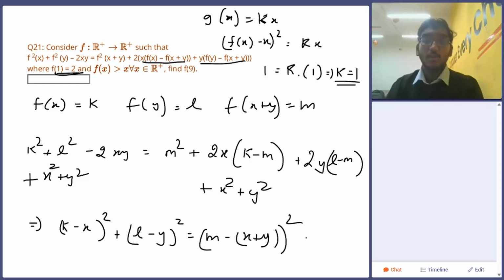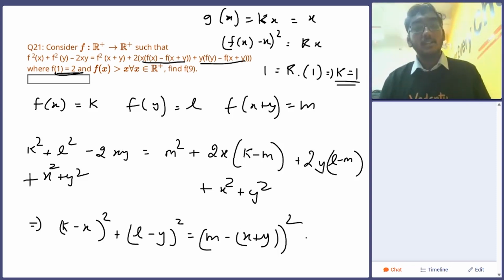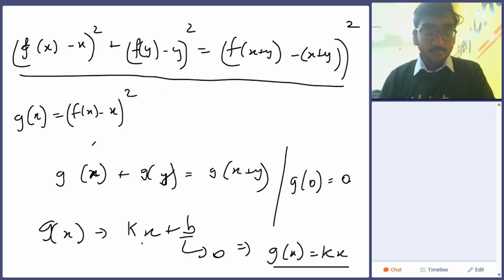Okay, that also you have got now. So g of x is basically x because k is determined to be 1. Okay, g of x is x. Then what will be the value of f of 9? f of 9 will be, wait, I'll do it in the next slide. I'll erase this portion and do it. Okay,